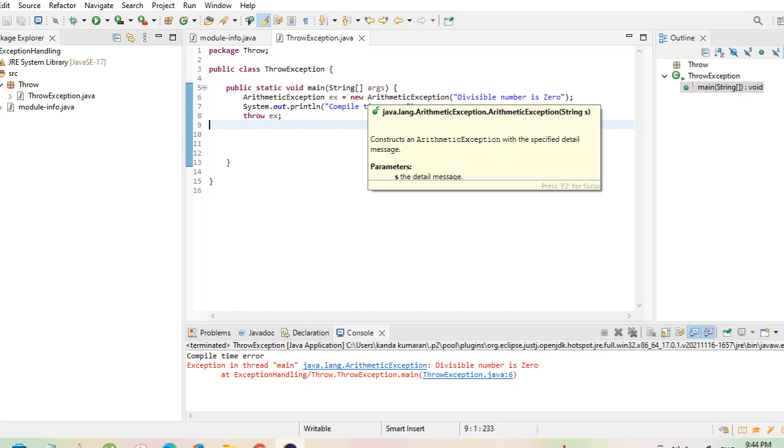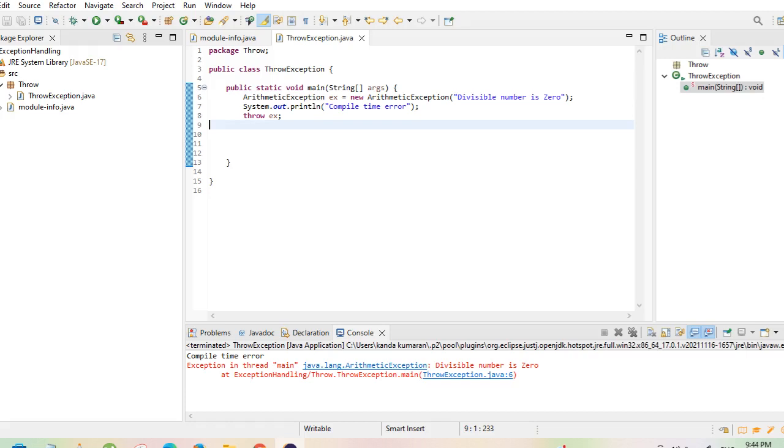If I use this statement in line number 9, it will automatically throw an error, unreachable code, because you cannot write any line of code after the throw keyword. The next rule is, if you want to use the throw keyword, object creation is a must. You need to create the object.